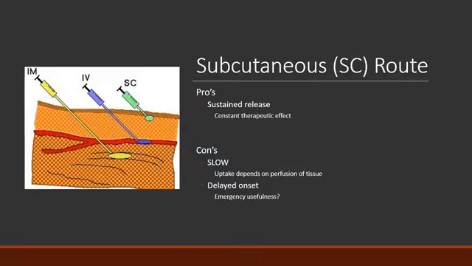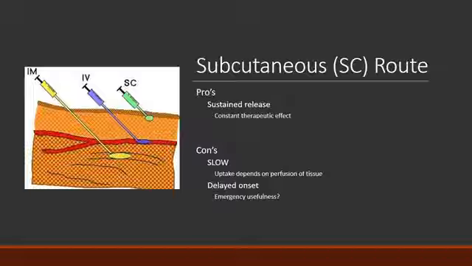It offers more of a sustained, slow release. It provides us with a constant therapeutic effect. So an example of this would be a patient who maybe had an asthmatic attack, and you were able to stabilize them with albuterol. You could consider subcutaneous injection of epinephrine, and that would allow a nice, slow, constant release of epinephrine to help prevent that asthmatic attack from returning. The big con with the subcutaneous route is that it's slow, and the uptake of that medication depends on the